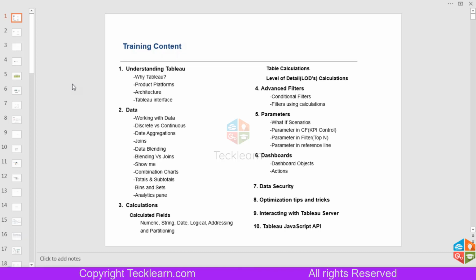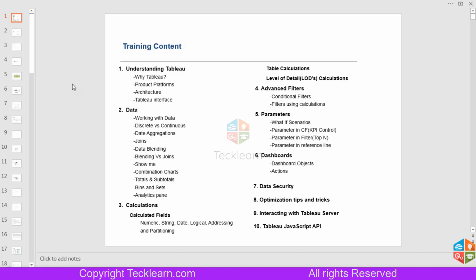Then there is another type of advanced join, performed over different data sources. If you know the SQL concept, we can join only the same data source files, those tables. But with the help of data blending, it is possible to join between different data sources. So you can join Excel and Excel, you can join CSV and Excel, you can join a text file and Excel. That is possible with the help of blending.